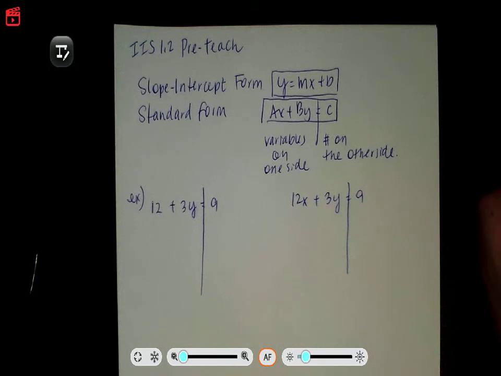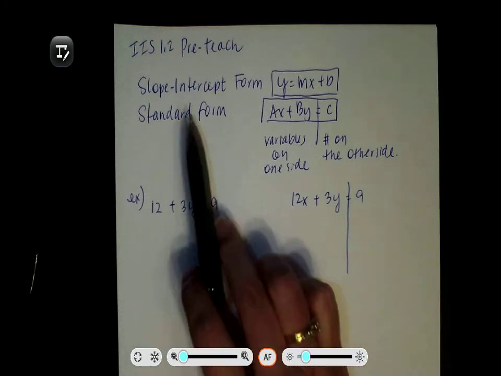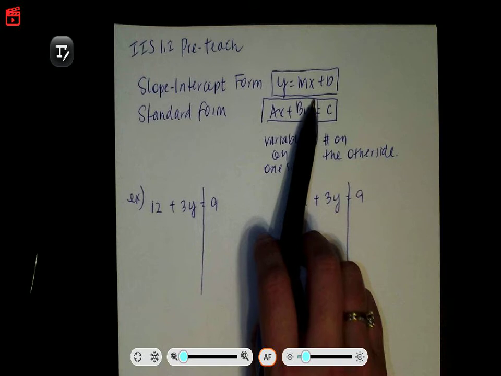Hi guys. I wanted to make sure that you guys understand how to do lesson IIS 1.2. So I wanted to do a little bit of a pre-teach. Okay. First off, we actually know both forms of slope-intercept form, y is equal to mx plus b, and standard